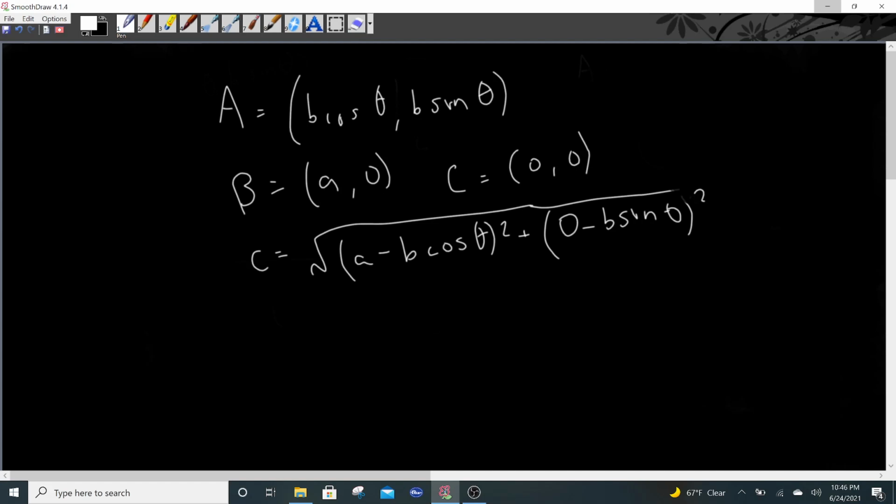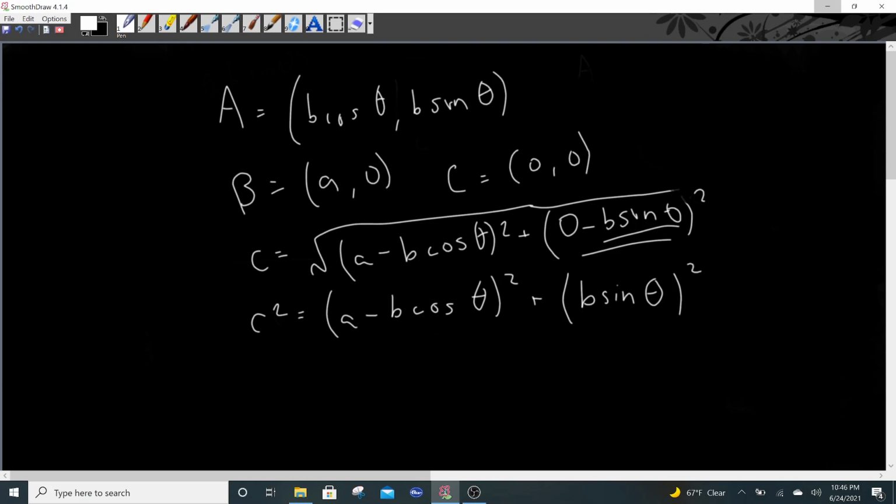And now if we were to expand this outwards, we would say that C squared is equal to (A minus B cosine theta) squared plus, I'm just going to square the negative already, because 0 minus anything is just going to be that thing but negative, and any negative squared is just going to be a positive number. So negative B sine theta squared is just going to be B sine theta squared. So with that, you can write that down, think about it, but we're just going to expand this outward,